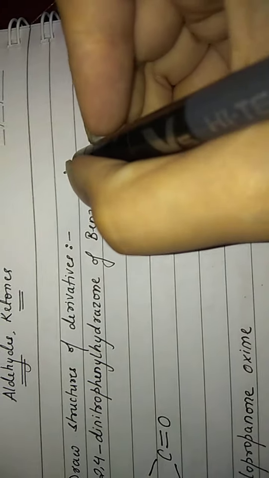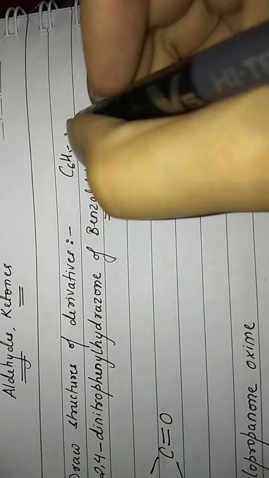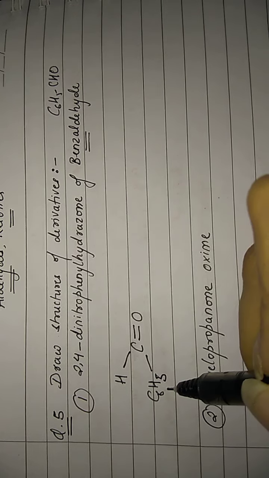Benzaldehyde is C6H5CHO. So to this carbon atom I have one H, one double bond O and one C6H5 group, which is the